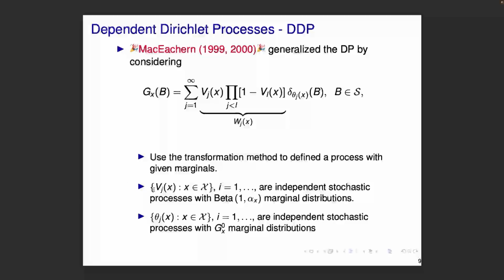In particular, when we replace the V's by these random processes, we want them to have these specific marginals, beta(1, alpha_x), to ensure that this is a DP. And a similar idea we can have here for the atoms. So years ago, when we were working on a problem that involved predictor-dependent mixture models, we became interested in studying the support of this mixture, and that mixture depends on the